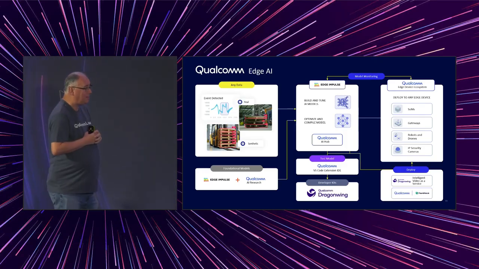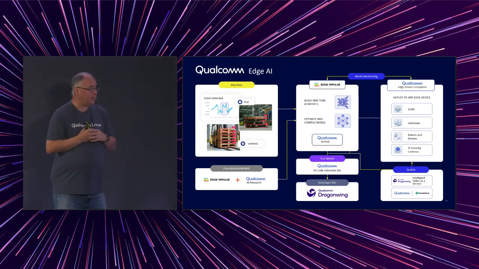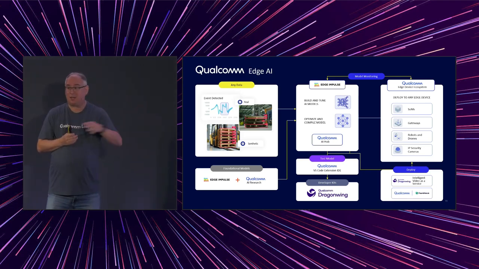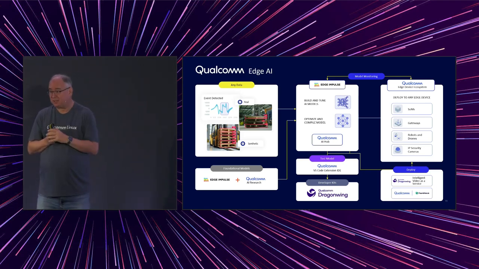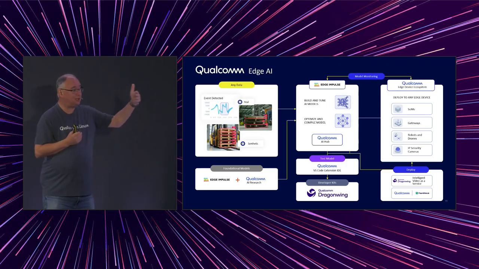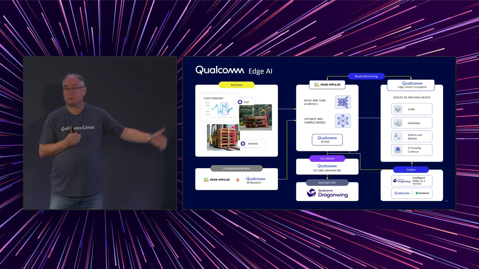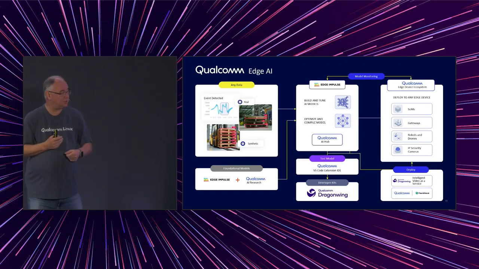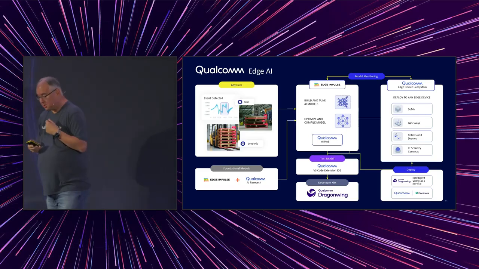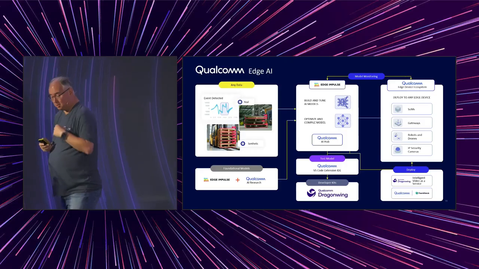So AI at the edge for Qualcomm is much more than just having a bunch of platforms that have accelerators in them. We're getting into the solution space, delivering solutions right to our customers and providing that as a service. So pretty excited about that particular move.